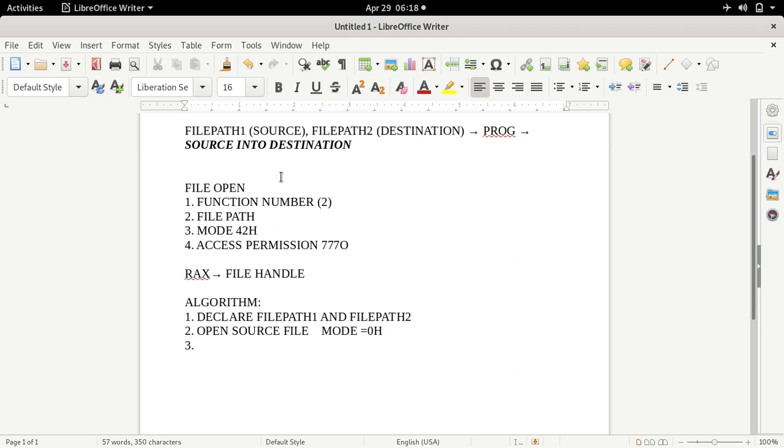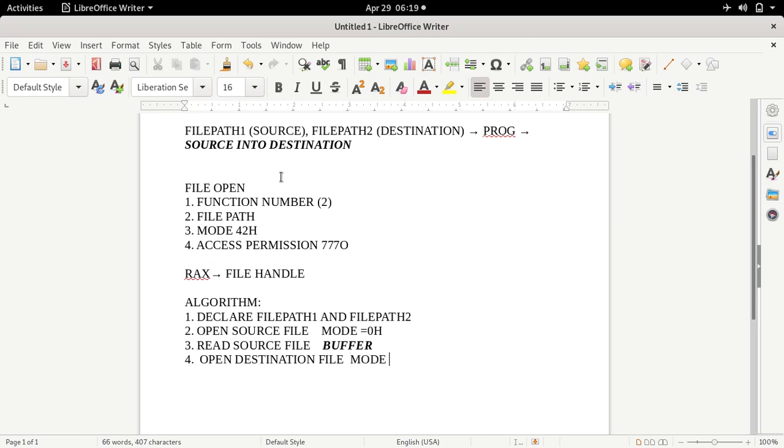After that, now we have opened the source file, then what can we do? We can read the source file. So when we perform the read operation on the source file, what will happen? Its content will be copied into the buffer. So declare some buffer. After performing this third step, the content of the source file will be copied into the buffer, right? Then what should be the fourth step? Yes, it is correct. We should open the destination file.